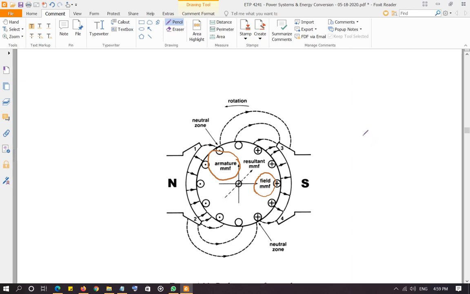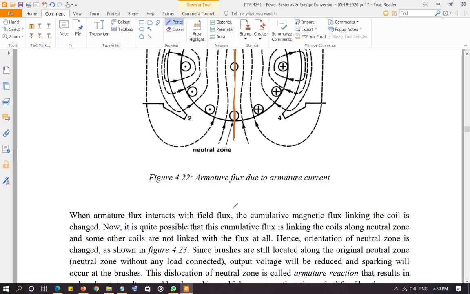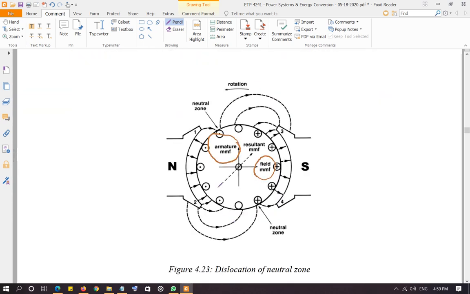So your magnetic pattern on the armature before was this. You had a clear neutral zone where you put the brushes. Now that magnetic pattern is going to be changed. And what's going to happen? Your neutral zone is going to shift. As you can see here, your neutral zone is going to shift, because the zone or the line along which no flux will be acting is changing, because now you're adding two different fluxes.